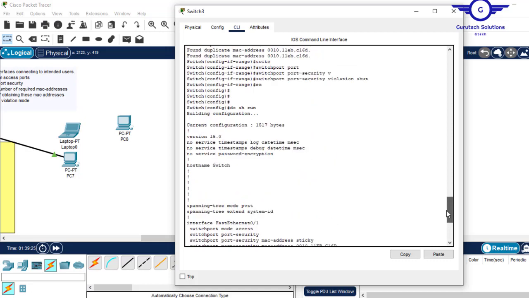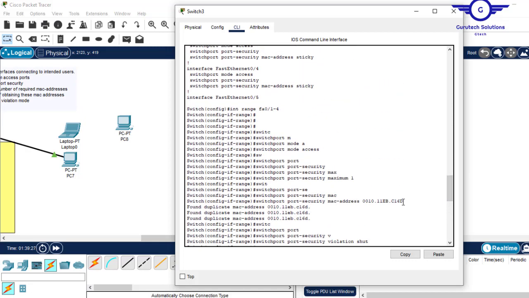So that's why I'm telling you, when you are configuring port security and you want to use a manual way of inputting MAC addresses, don't use a range, because when you're using a range, the manual MAC address that you've just entered will be applied to all the interfaces, and interfaces cannot have the same MAC address. That's why you're seeing found duplicate MAC address, and that's why we come back to the new concept of